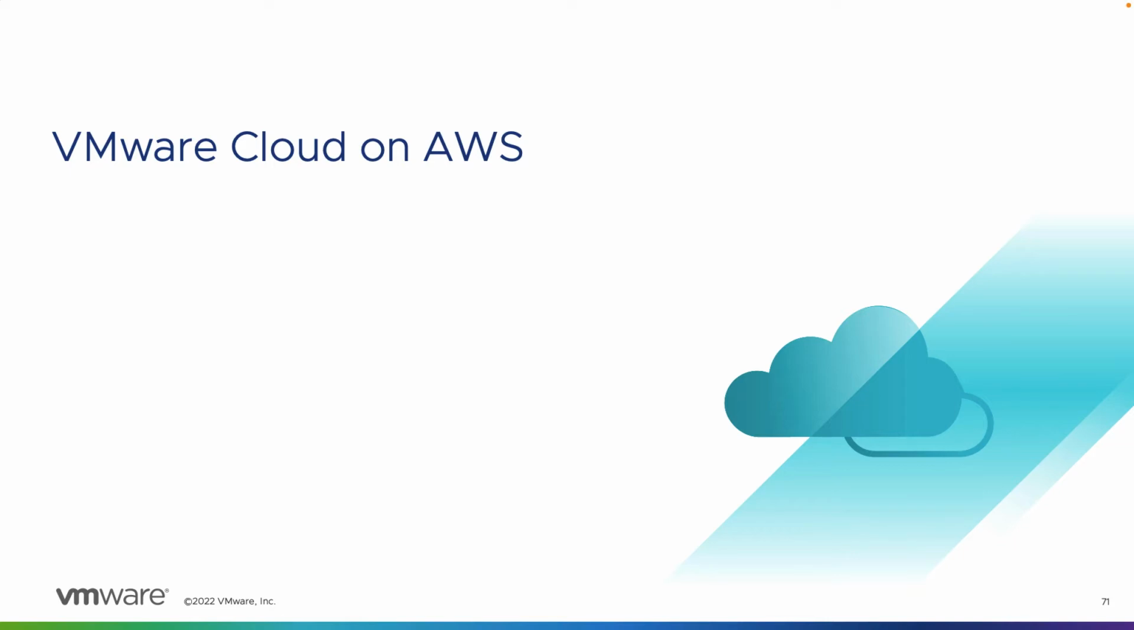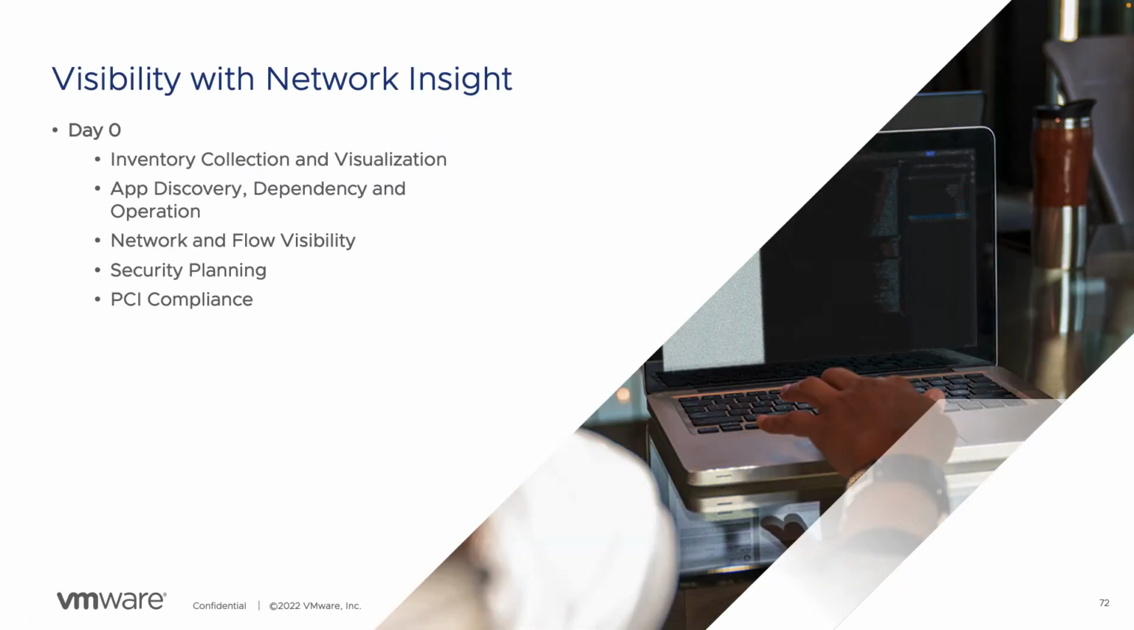In this section, we're going to talk about VMware Cloud on AWS. So starting off with day 0, when it comes to VMC on AWS, we're going to focus on things like inventory collection and visualization, application discovery, dependency and operation, network and flow visibility, along with security planning and PCI compliance. When it comes to day 2, we're going to focus on auditing, analytics, and events and troubleshooting within our VMC